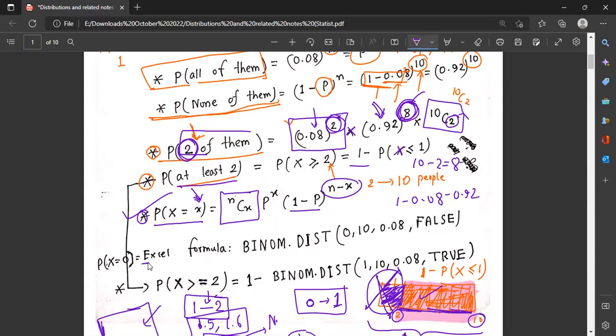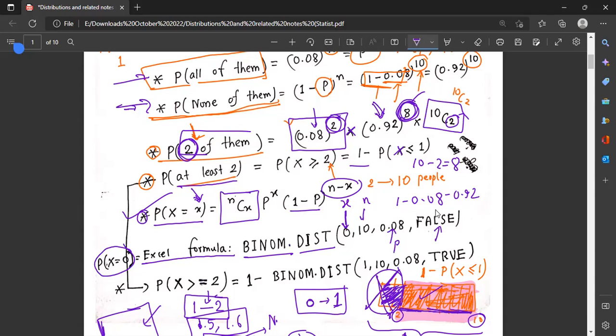And in Microsoft Excel, there is a formula to calculate the binomial distribution. That is BINOM.DIST. So you see here all of them, right? If x is equal to 0, that means none of them are colorblind. So here the value of x is 0, and then 10 is the value of n, and 0.08 is the value of p, and false, it means it's the